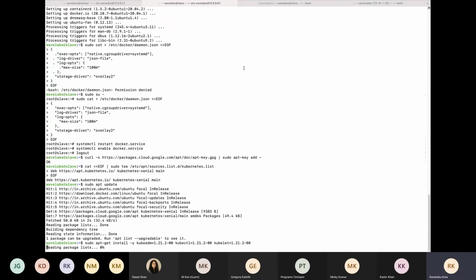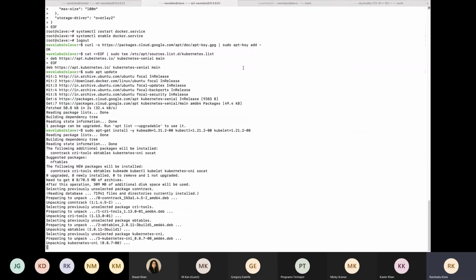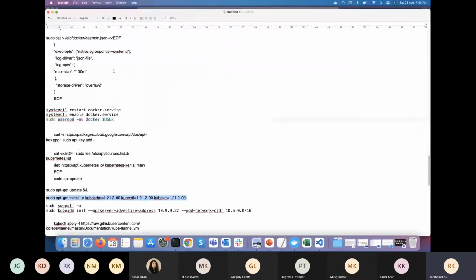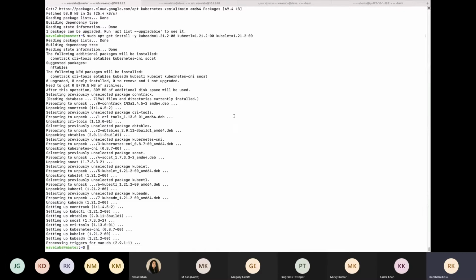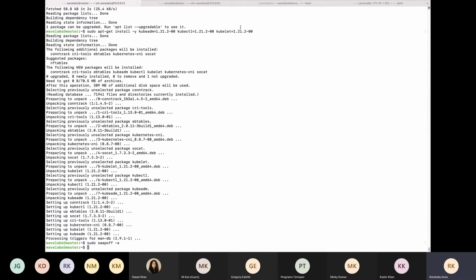The same goes for the other server as well. And for bare metal, we need to disable swap, because with swap Kubernetes does not work. So we need to disable it.